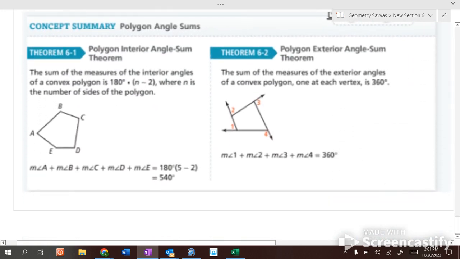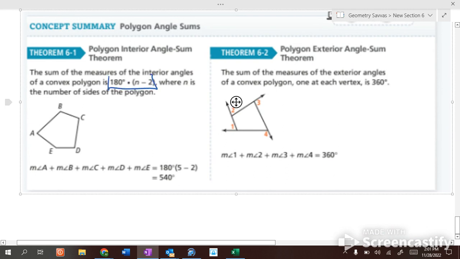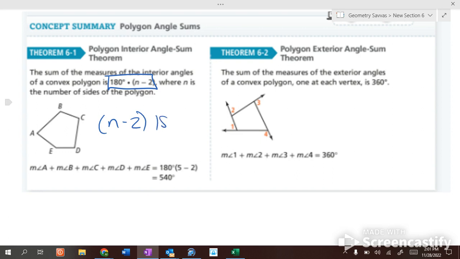So the interior angle sum is n minus 2 times 180. Exterior angle sum is always 360. Those are the two things that we're working with today. Okay, you're going to be using your calculators a lot, doing some heavy duty algebra, figuring out,